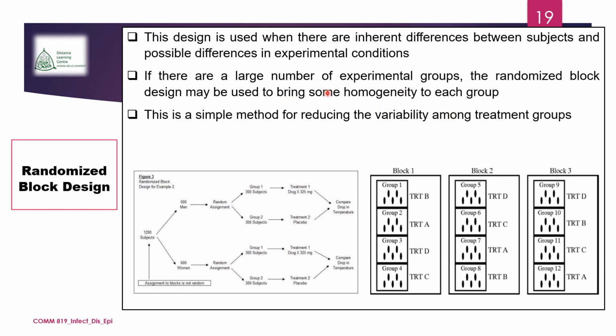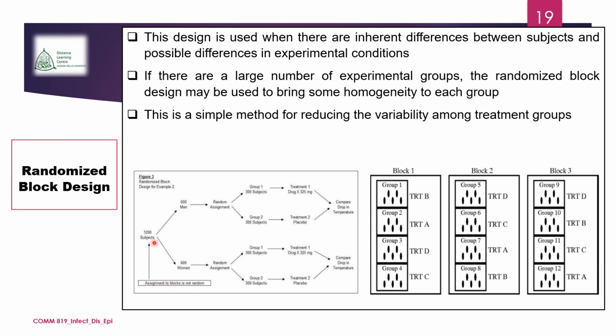If there are a large number of experimental groups, the randomized block design may be used to bring some homogeneity to each group. And this is a simple method for reducing the variability among treatment groups. Okay, so this is just a simple